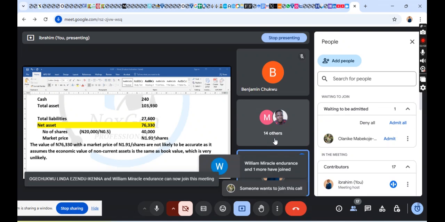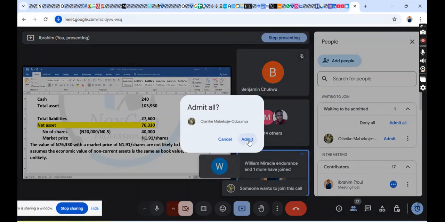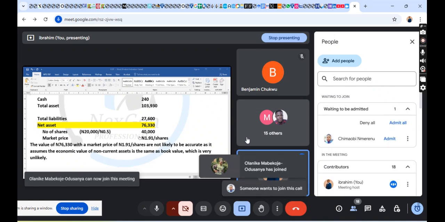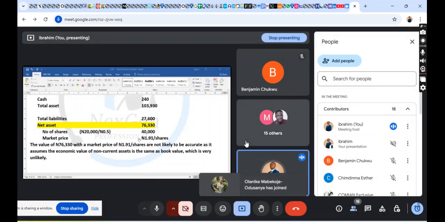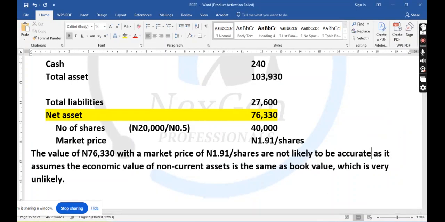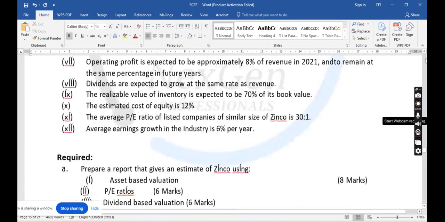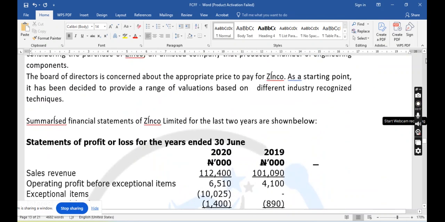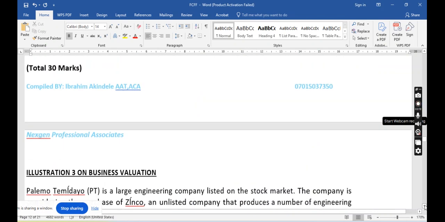Because at the beginning of this question, we were told that Zinco is not a listed company. Let me show you. So when a company is not a listed company, how do you want to determine the market price? How do you want to include the market price? Interesting. Now,